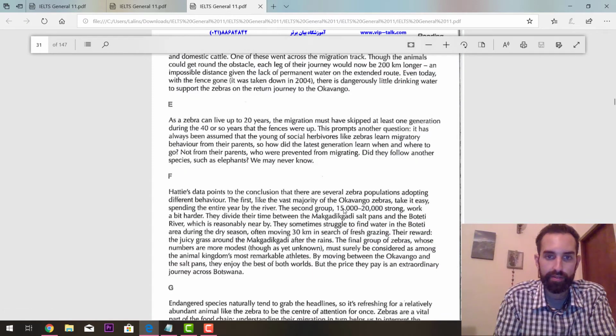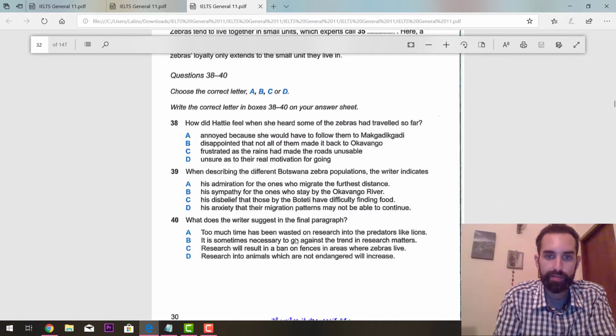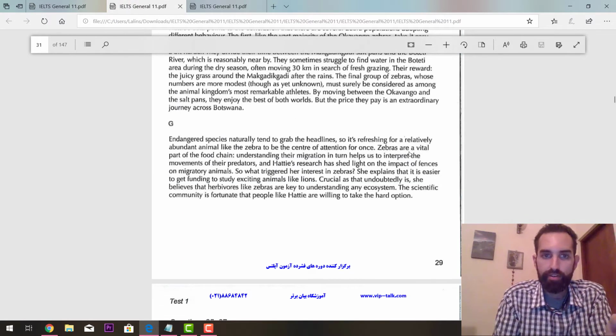Let's just go down to the question just to make sure. It is sometimes necessary to go against the trend. Yeah, that's kind of supporting that. Zebras are a vital part of the food chain. Understanding their migration, in turn, helps us to interpret the movements of their predators, and Hattie's research has shed light on the impact of fences on migratory animals. So what triggered her interest in zebras? She explains that it is easier to get funding to study exciting animals like lions. Crucial as that undoubtedly is, so it's